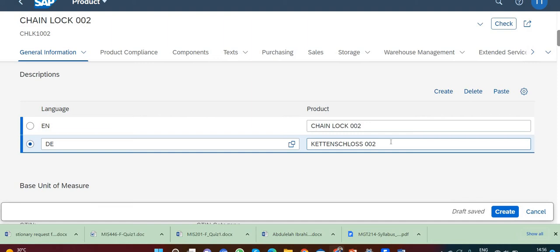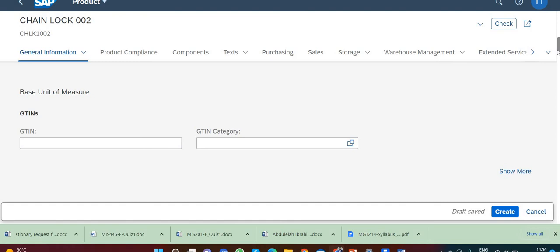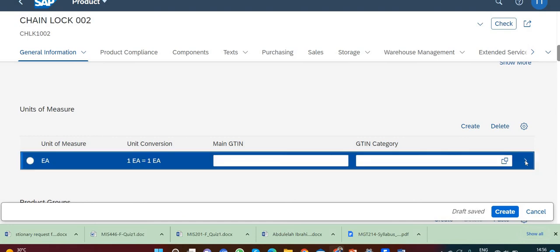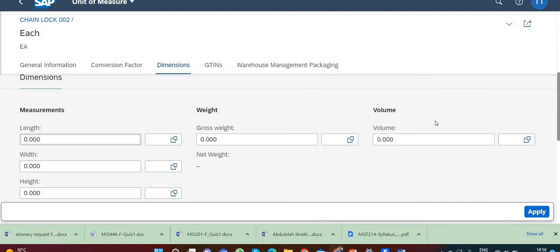Scroll down to the unit of measure section. What do we do? In that unit of measure section, at the end of the line, the unit of measure EA is already there. Here, what you have to do? You have to click here. And when you click here, on the unit of measure screen on the dimensions tab page,